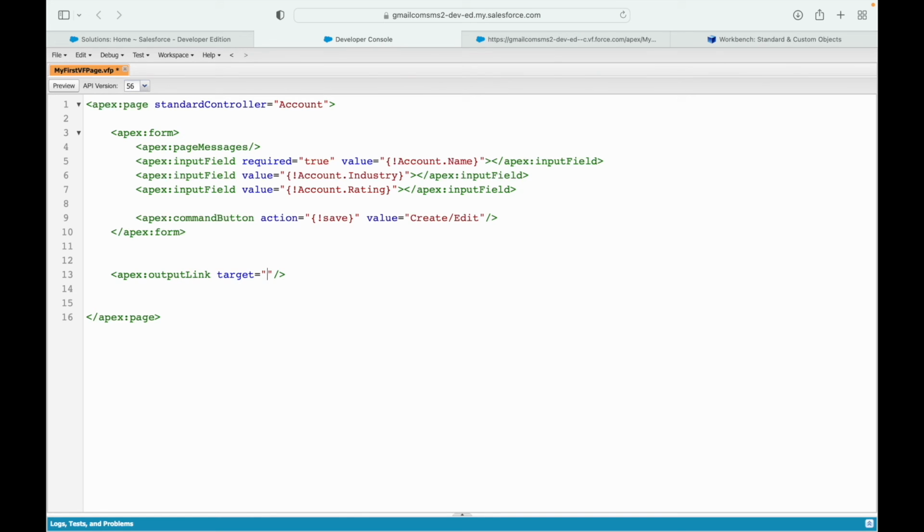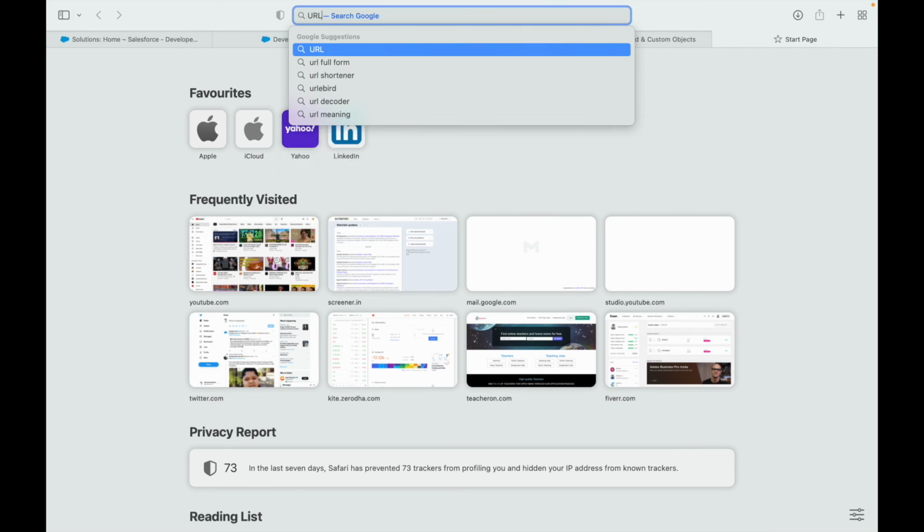And here you can define the URL that you want to target. And what's the URL? I can use the URL for function. This is the function I can use within the merge field concept, obviously, and I can just say URL for account.id. I don't think this is the right syntax, and when I don't think what I'm doing is right, I simply go to